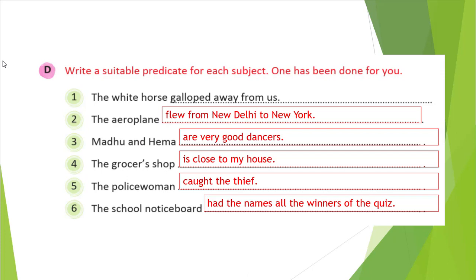In the next class we will see unit 16. In homework, you need to write down all the exercises in your notebook, and be prepared for your term exam and unit test 3. This is going to start soon. You just need to prepare your exercises, and the term examination will be from those only. Nothing much more will be there, so don't worry. Okay students, be prepared and try to remember spelling words also. In our next class we will see our next unit, that is by tomorrow. Okay, thank you.